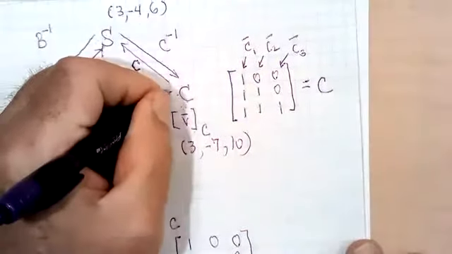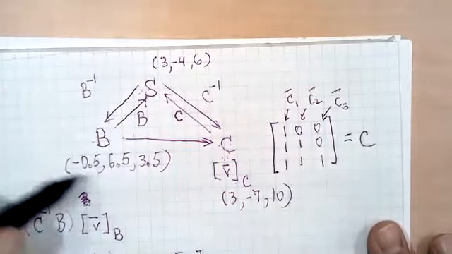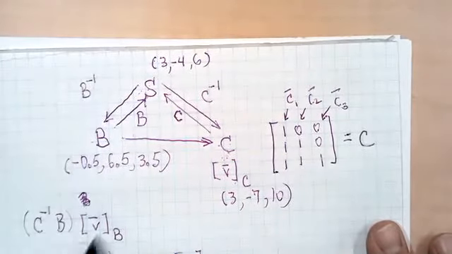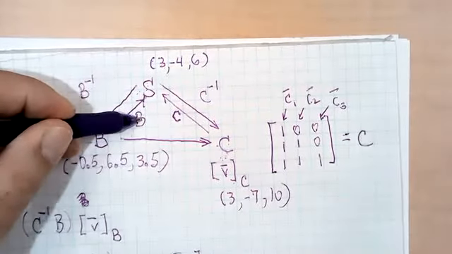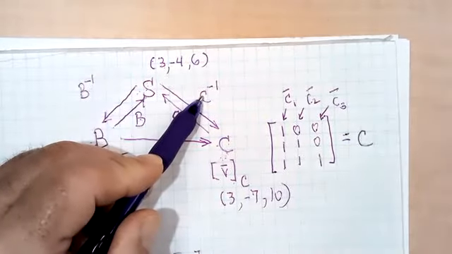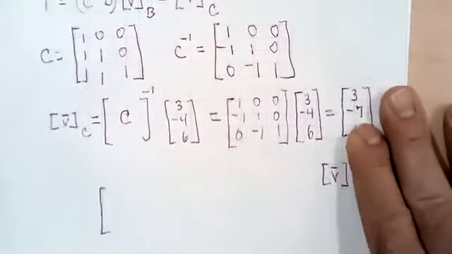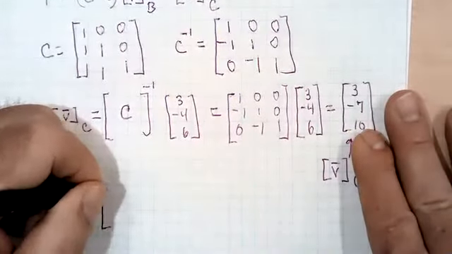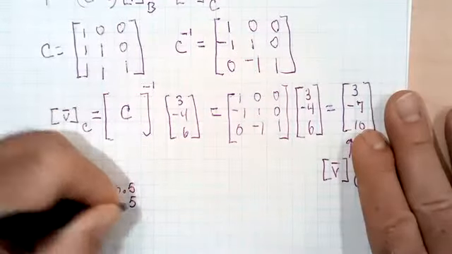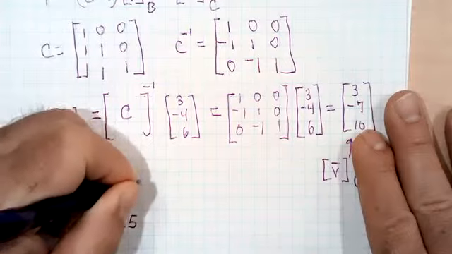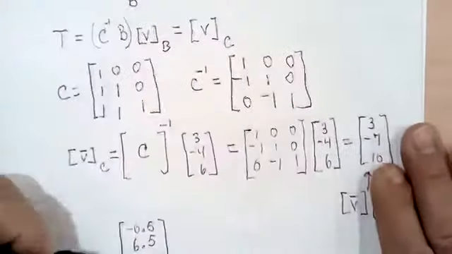Well, it's just like driving on a highway. There's more than one way to get there, right? You could go direct, but then another option would be this. If you started with the B coordinates, multiply them on the left by B, and then on the left once again by C inverse. So if I take the B coordinates, which are minus 0.5, 6.5, 3.5, multiply them first on the left by B,